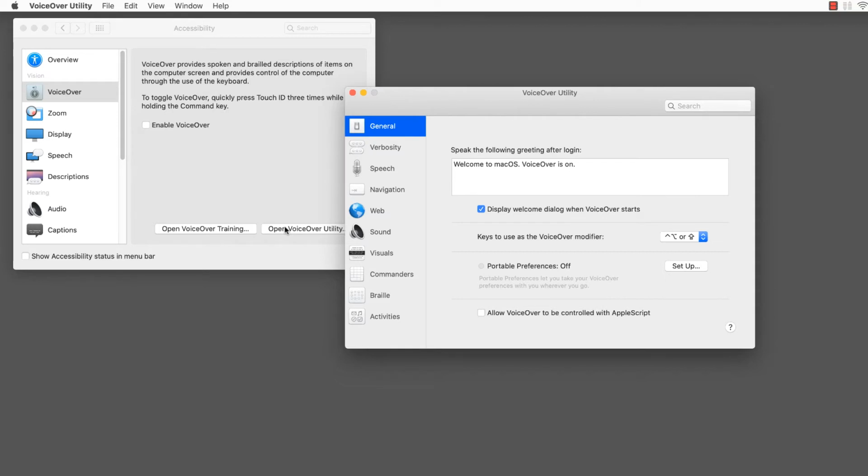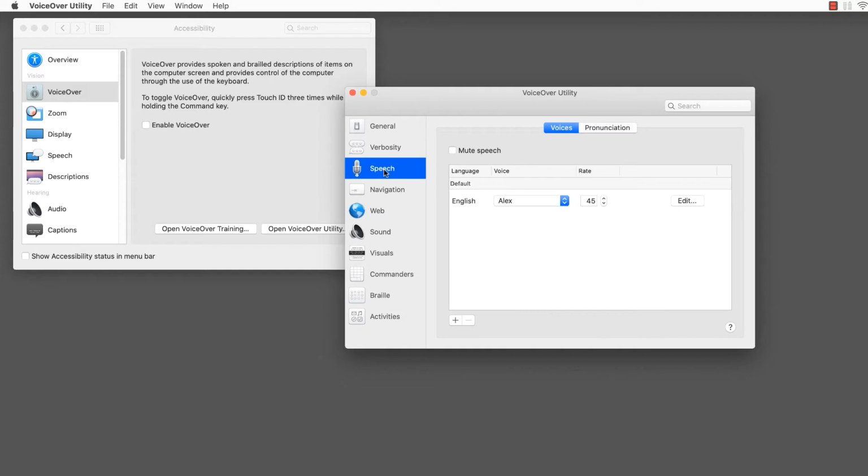Obviously, a screen reader needs a voice to speak with. The voice defines the pronunciation of the words and phrases to be read. Therefore, a voice is language dependent. macOS comes bundled with a set of pre-installed voices. If you need a voice using a different language, or you prefer to install a high-quality version of a voice, select Speech and then the Voices tab. Select or add the languages you need.